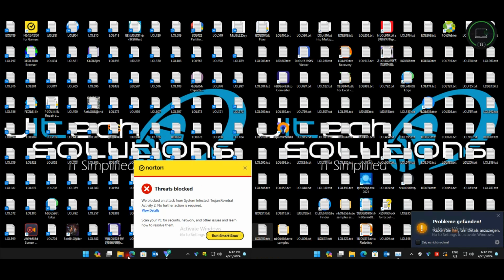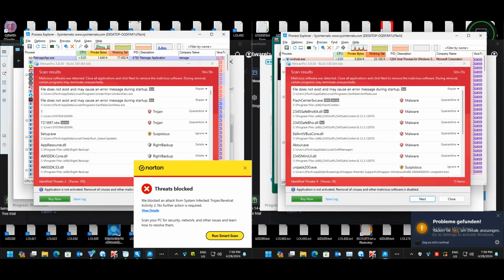We've scanned them. I'm gonna reboot them, update the third-party opinion scanners, and then we can wrap up the test. And we are at the end of this test. Now let's have a look at our third-party opinion scans. Now with